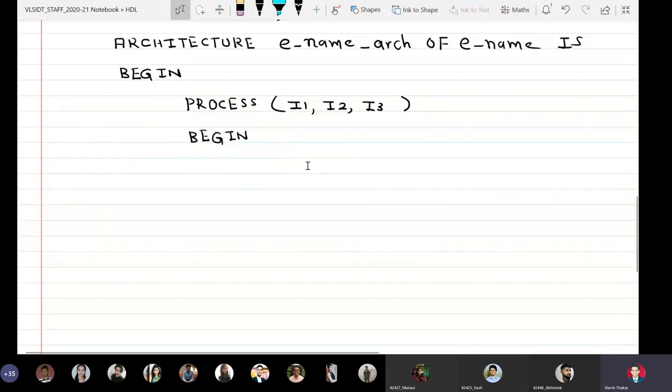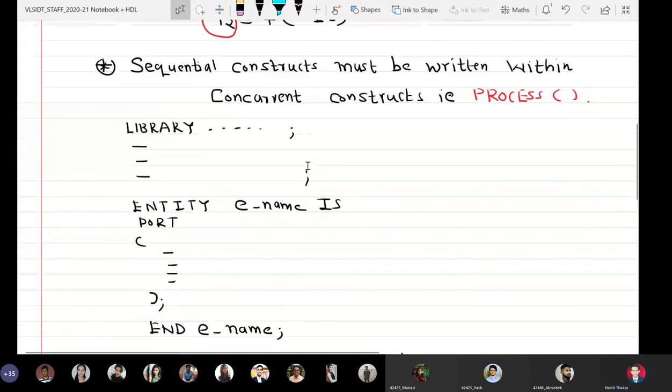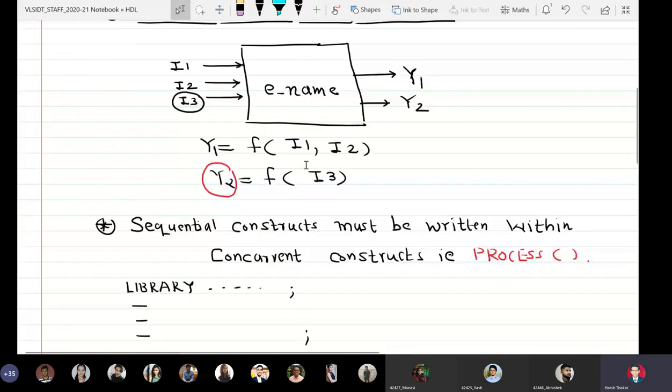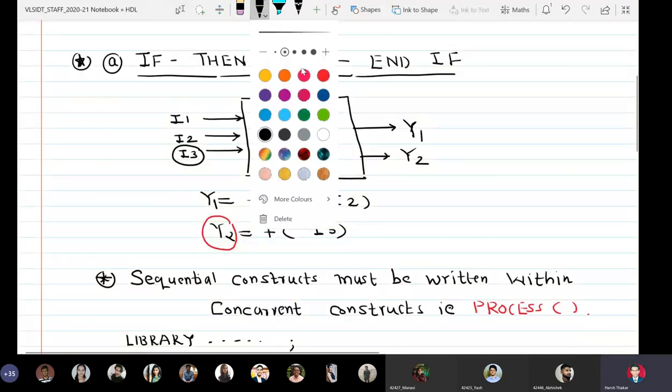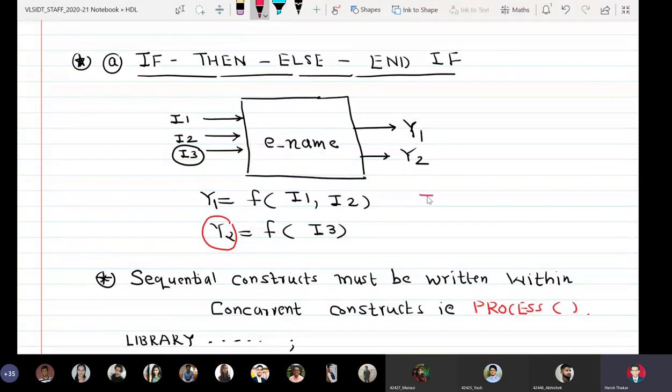Okay. Now, it's very clear here that I3 is a 1-bit signal. So it can have a value 0 or it can have a value 1.